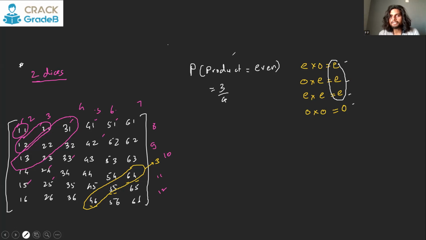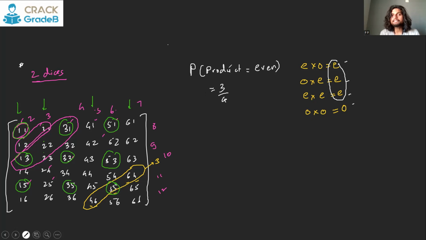Or if you now count from the table that we have made, you see, this will have odd, this will have odd, this will have odd. In the first column, these 3 cases will have odd product: 1 into 1, 1 into 3, 1 into 5. Second column won't have any odd product because there is already 2 everywhere, and 2 will make the product even anyways. Third column will have this, this, and this as odd. Again, fourth column won't have any odd. In the fifth column, this, this, and this will have odd product. And again, sixth column won't have any odd.